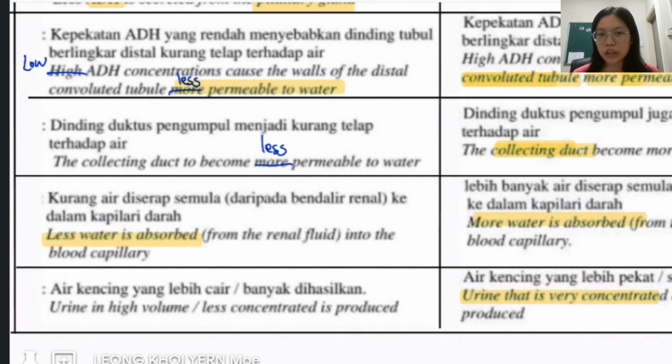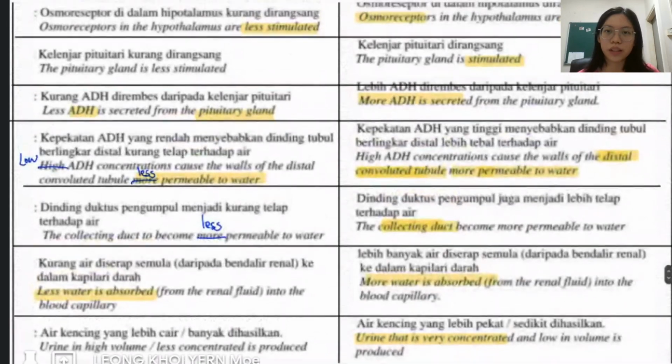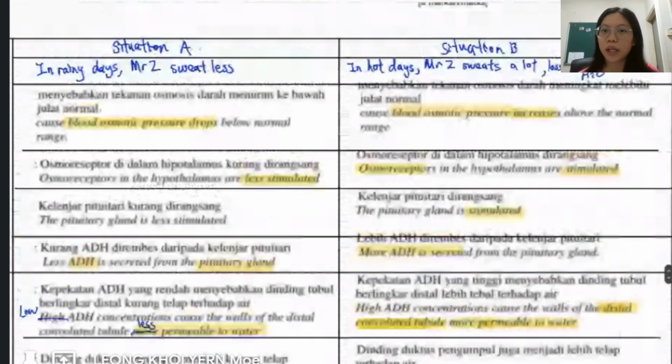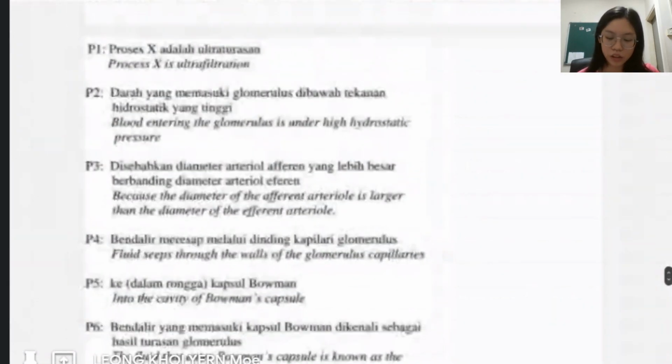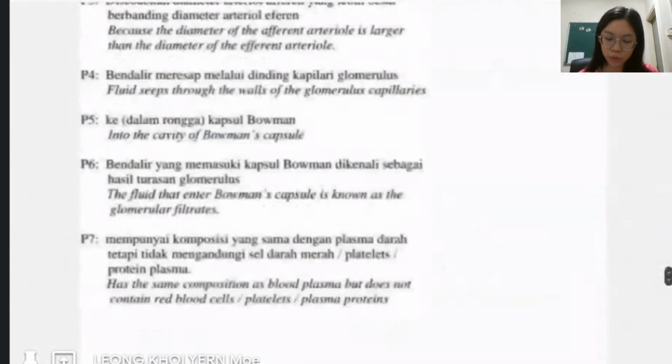And what results in the urine condition is high volume or less concentrated urine being produced. So this is basically how you mention blood osmotic pressure comparison. Okay, so now let's move on to